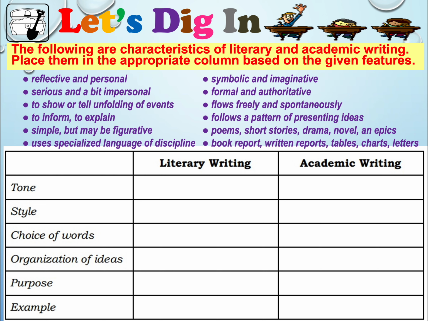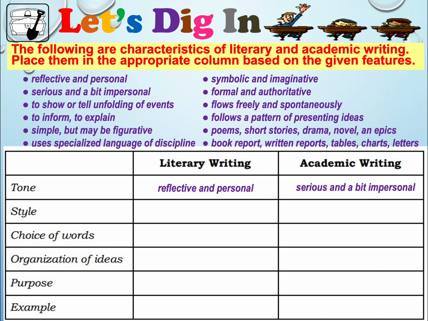It is reflective and personal. The topic is personal. The other one, on the other hand, is serious and a bit impersonal. Which one here falls under literary writing and academic writing? Reflective and personal is usually the tone for literary writing, whereas serious and a bit impersonal is a